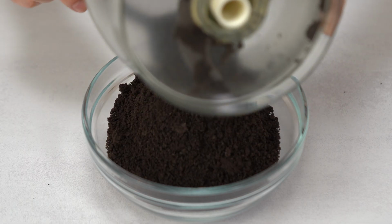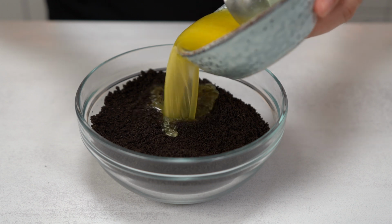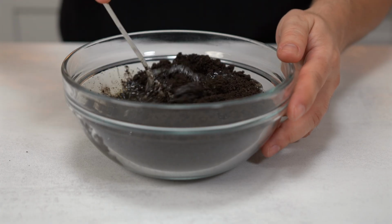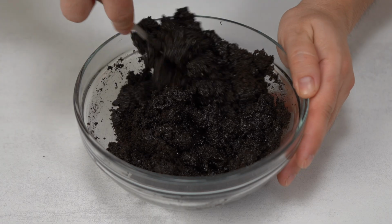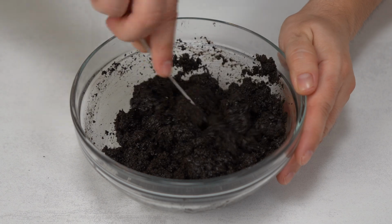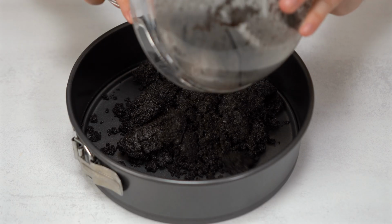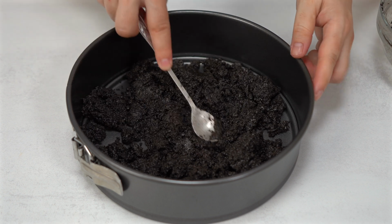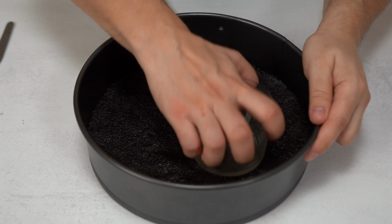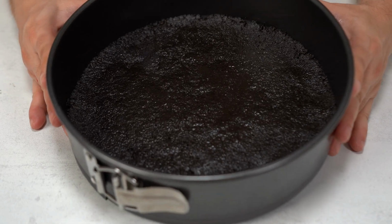Once they are processed into fine crumbs like this, I put them in another bowl and add in the melted butter. Then I mix everything with a spoon until I get the consistency of wet sand. So when it looks like this, I add it to a 9-inch springform pan and I press it against the bottom with the spoon, and sometimes it helps to also use a flat bottom glass to help distribute the base evenly. Once the base is like this, I'm going to take it to the fridge to cool while I continue